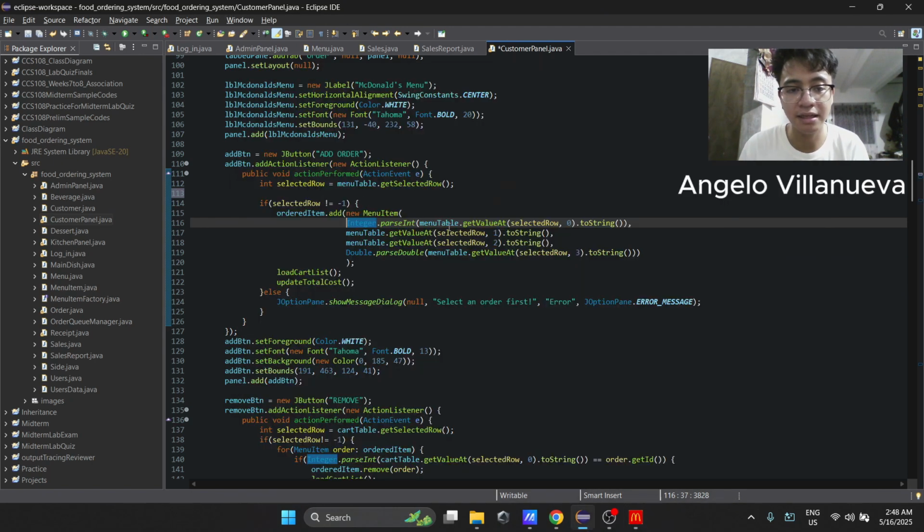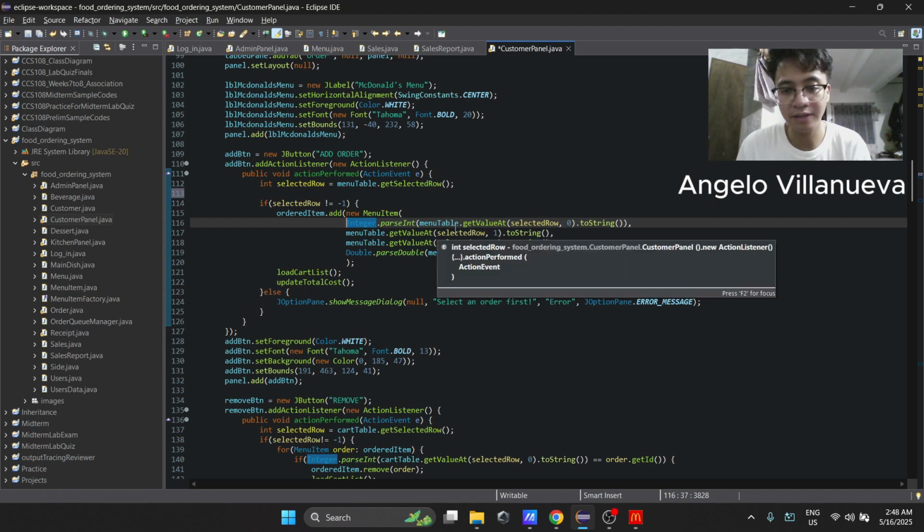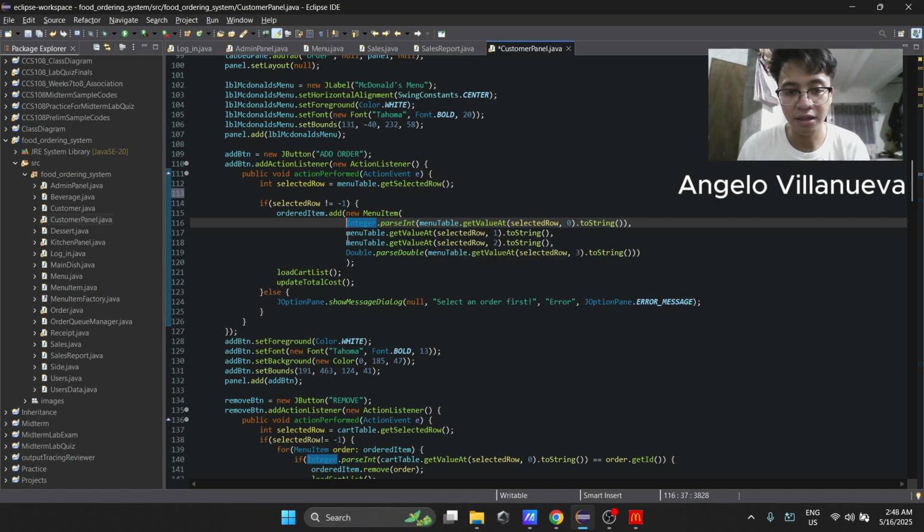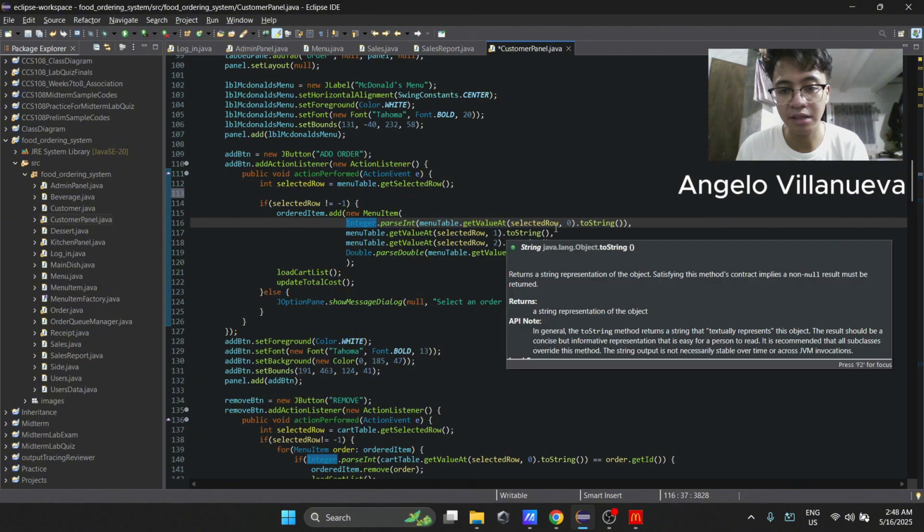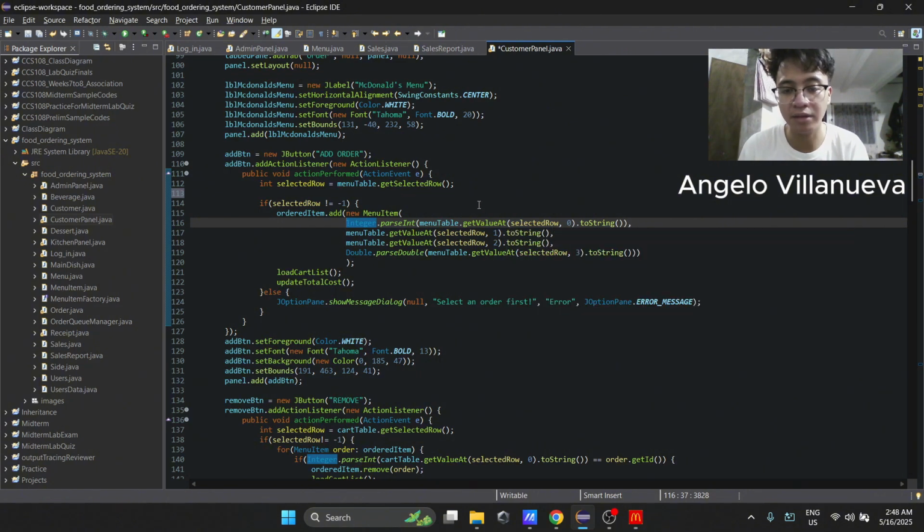For example, the ID we parsed into int. The menu name and category, we used the toString method to convert into string. And lastly, the price we parsed to double to get the double data type from our menu table model.